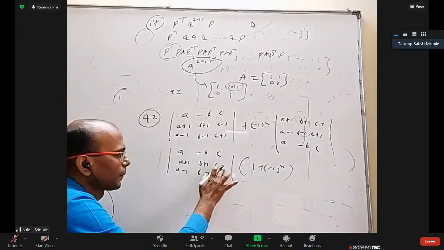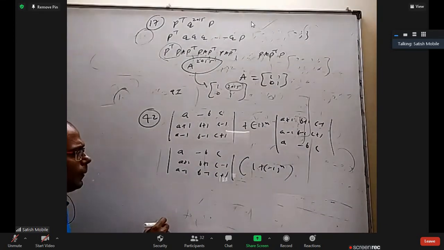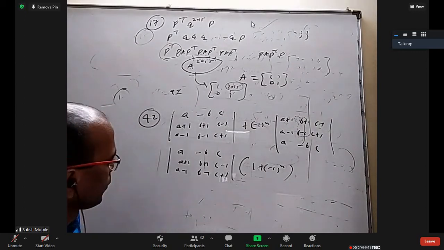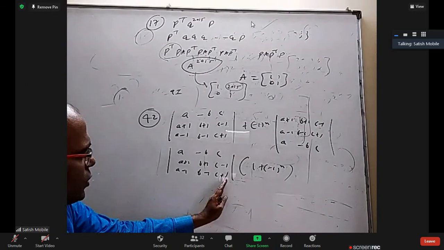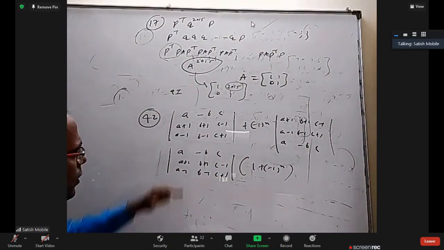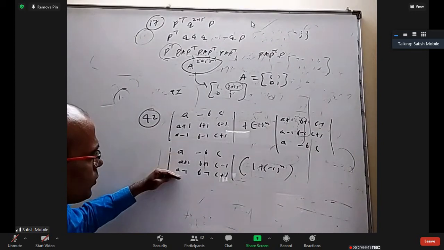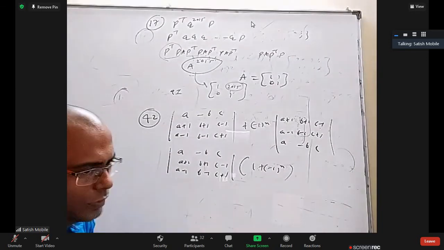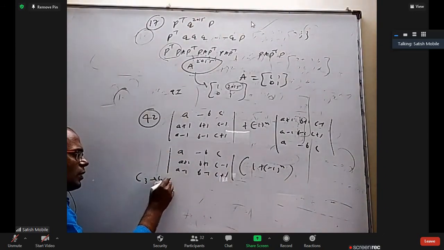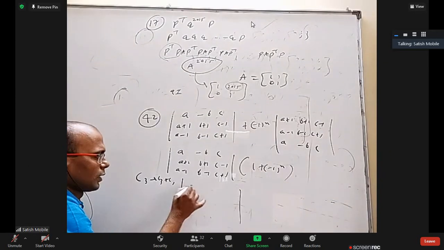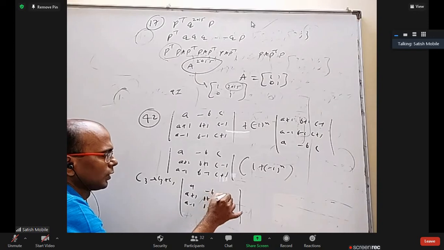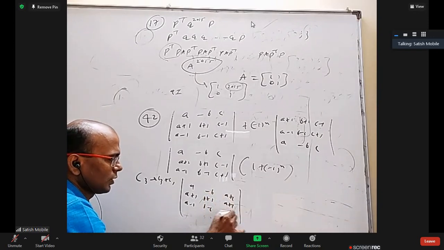Let us see how to do that. For the first one, I can add the third one, and I'll get C plus C everywhere. Or from this, I can remove this and I can remove this. Either way is okay. Let us see what is the determinant of this. Column 3 as column 3 plus column 1. I'll get A plus 1, A minus 1, minus B, B plus 1, B minus 1, A plus C, and A plus C everywhere.